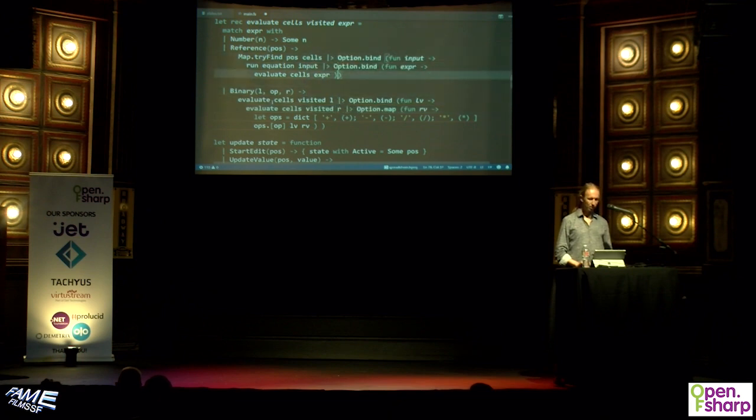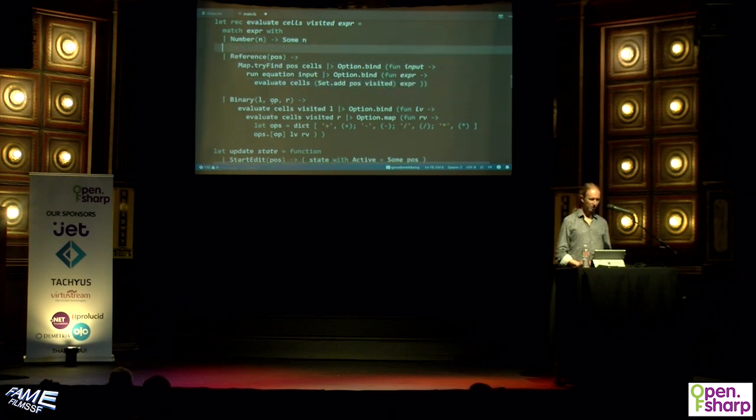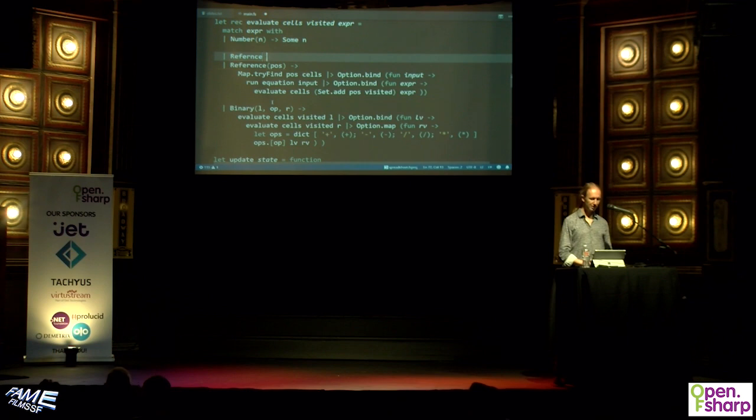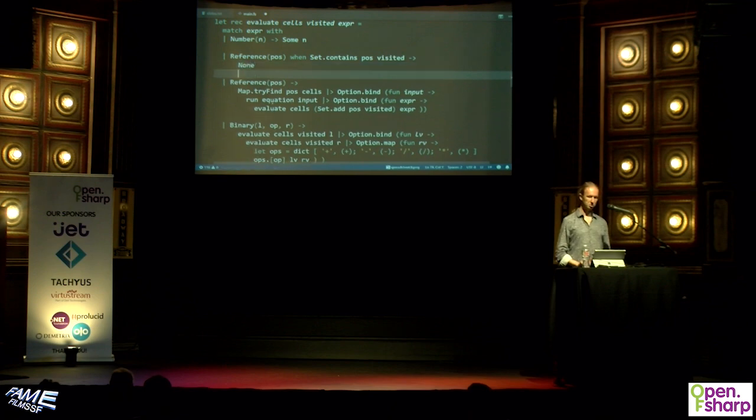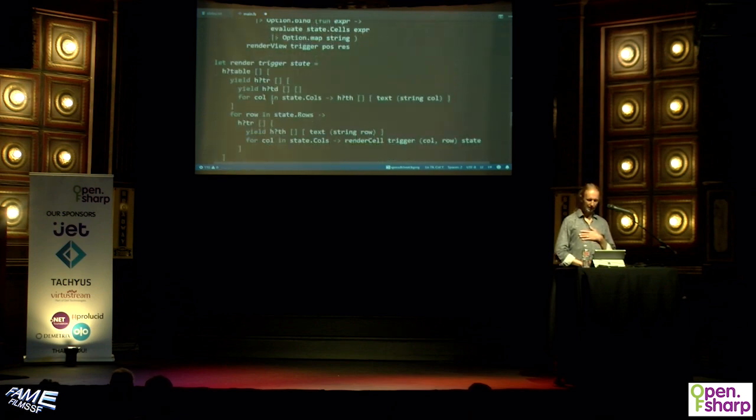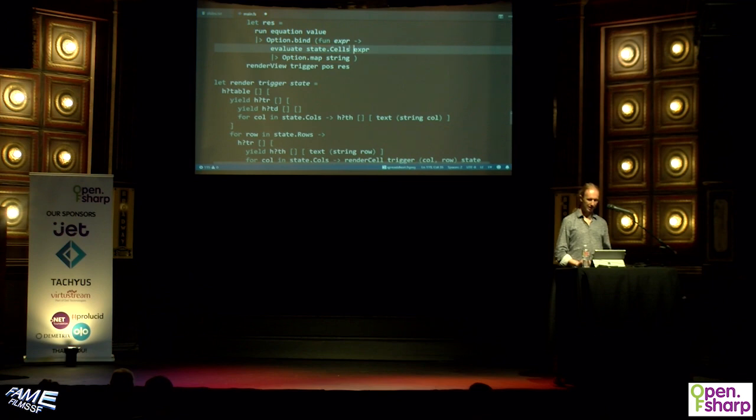And when I'm visiting a reference, I'll say set, this is going to be a set. We're going to add this position to my visited cells. And we're going to add one more case, which says reference pos when the set of visited cells contains the pos, and then we just return none. And I need to start by having an empty set here